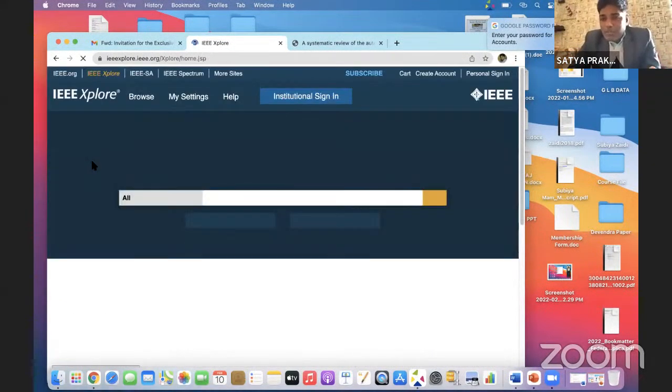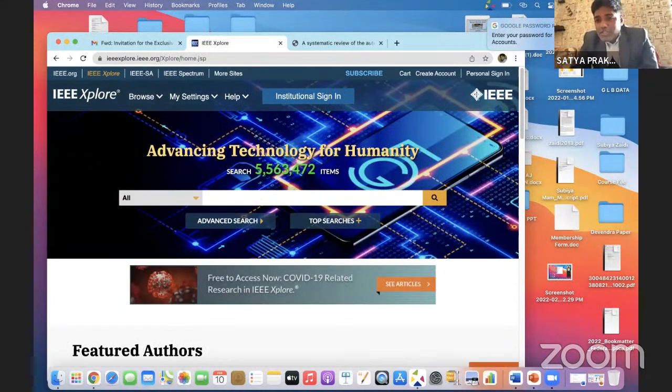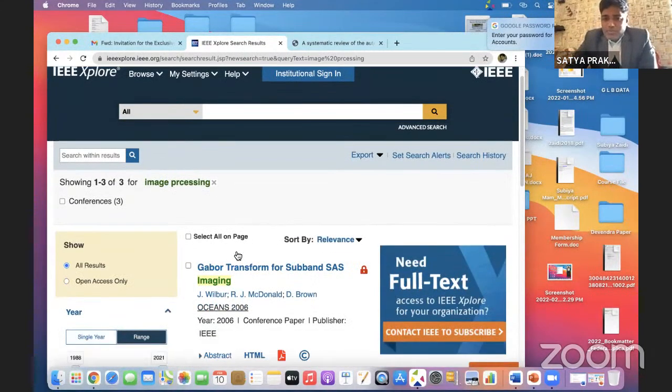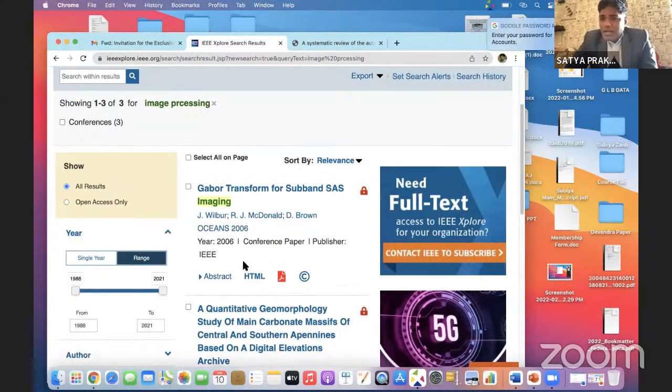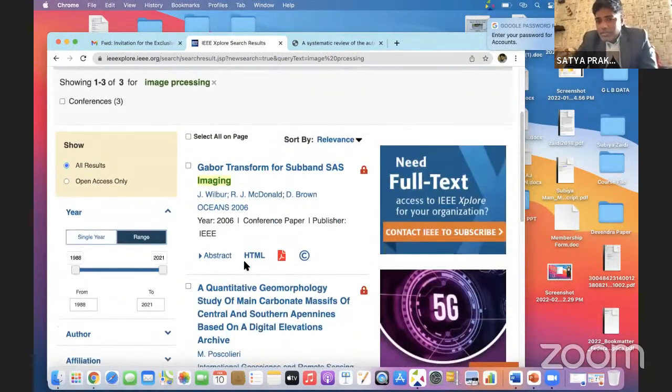So you have to know the basic fundamentals about the articles, topics or titles you need, and then you can go with this site. But if you want advancement on that topic or title, then you must go to another site, the ScienceDirect site, right? Suppose here we search for something like quantum computing or image processing. You type image processing and you will get the related articles. These are several articles shown on the site front page, and you can download them, right?